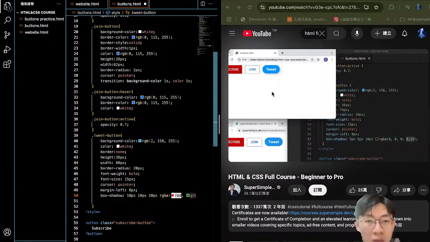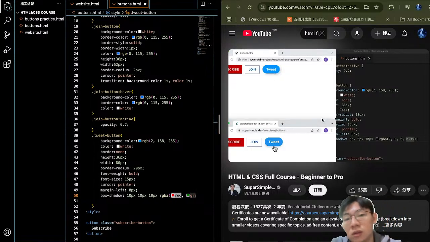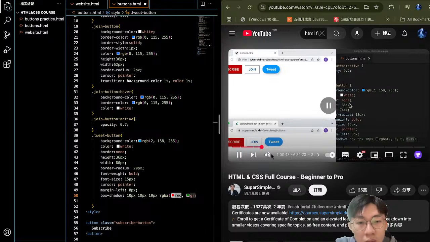The final step of this lesson is to only make this shadow appear when we hover over the button. So for example, for here, if we hover over, we can see the shadow. If we're not,